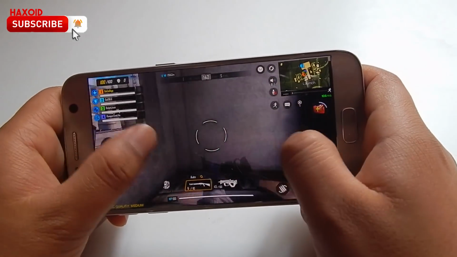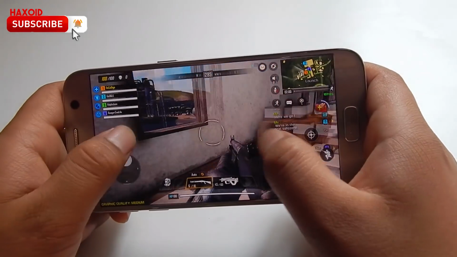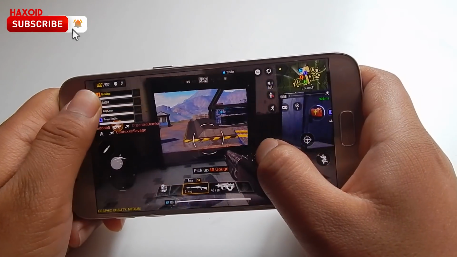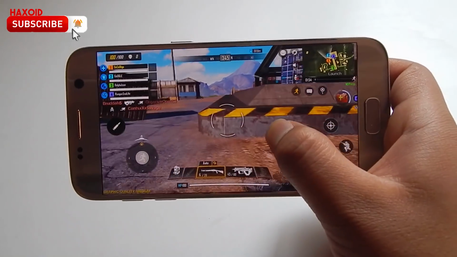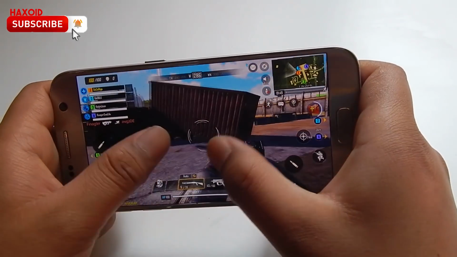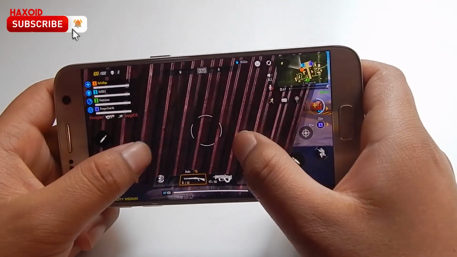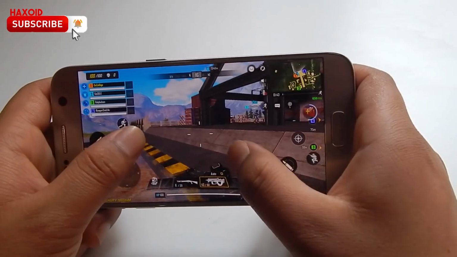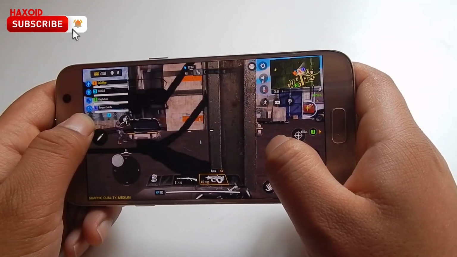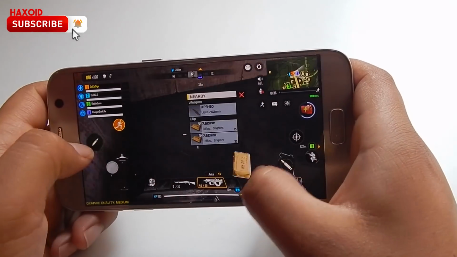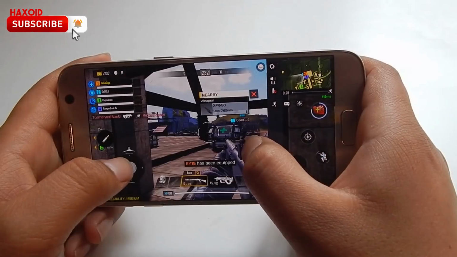And the looting system and the guns are so similar to PUBG Mobile. If you guys have ever played PUBG, then you might be familiar with this game, okay? But the settings are not that good. I mean, these controllers, they really suck. And the developer, you know, they must fix this. I mean, not a bug, but it's kind of a very bad